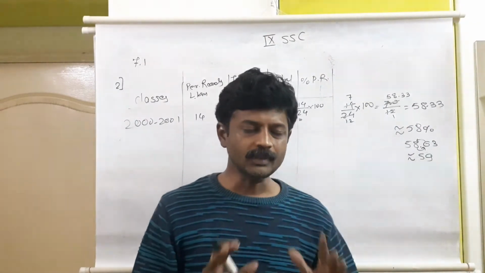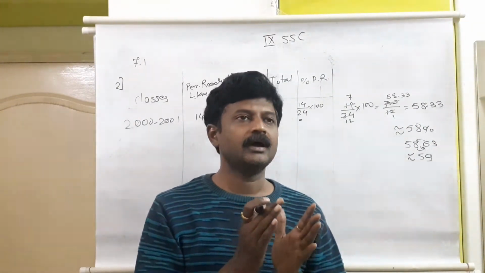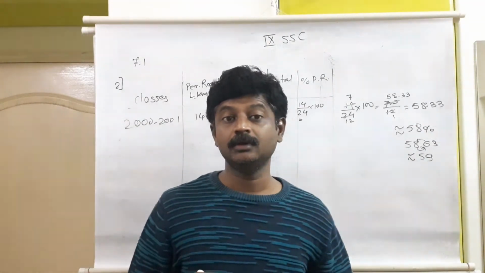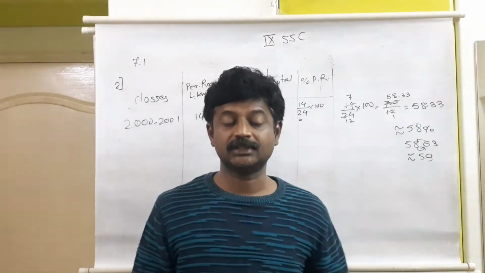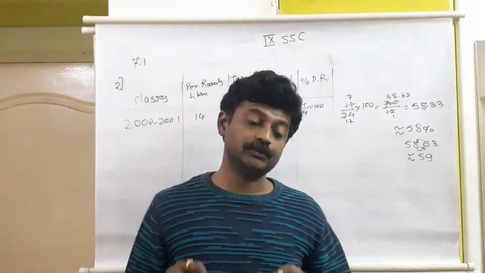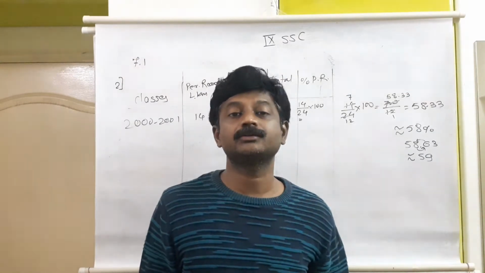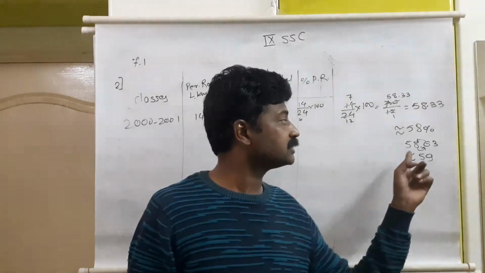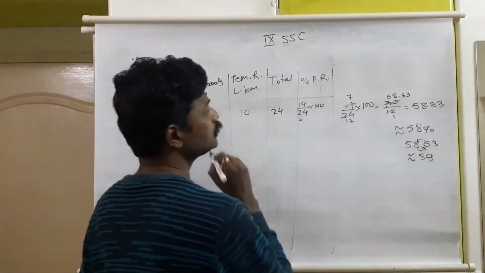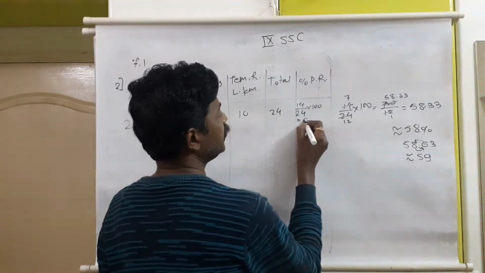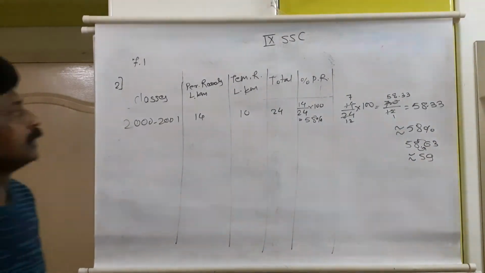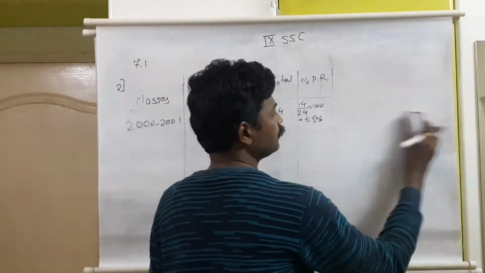For example, suppose you are having chapati, and if you had more than half chapati, then as per you, you ate full. Your mother will say that you did not finish it fully, but you will say no, it is more than half, it was equal to full. So in that way, if it is more than half, then it will be considered as full. So here for 2000 to 2001, 58% is the percentage for permanent roads. Same way, now for temporary roads, one more column will be needed.